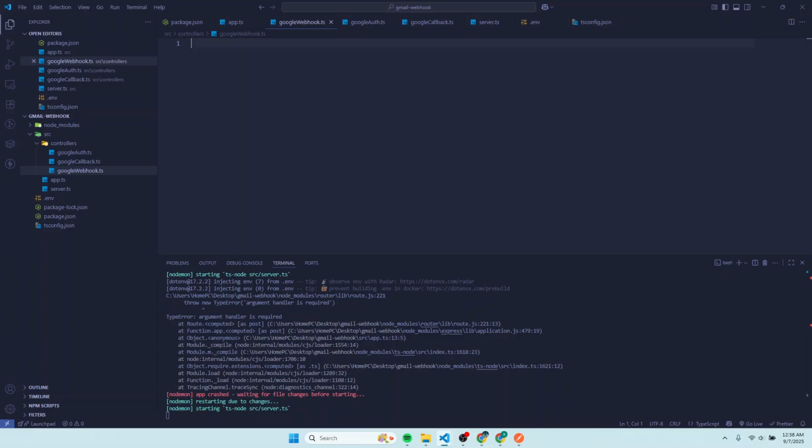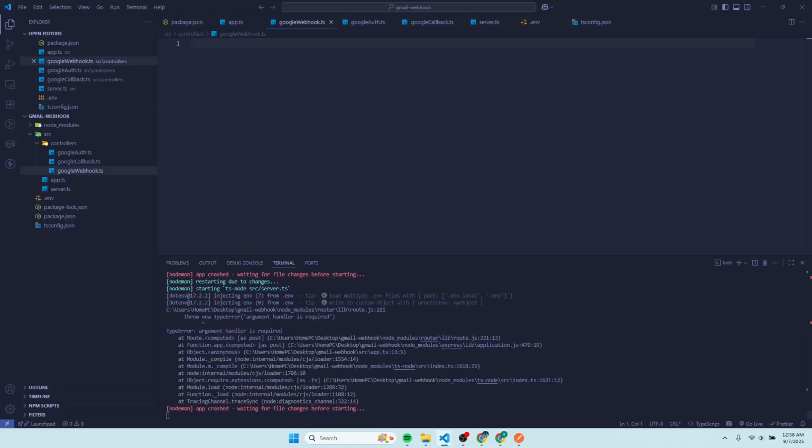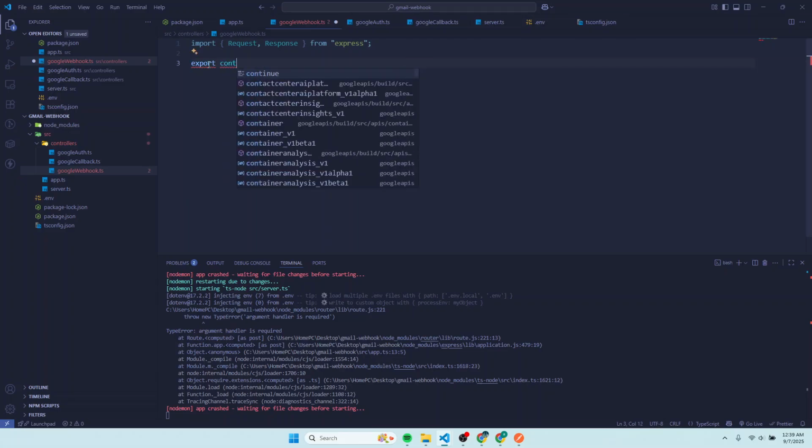So for the Google Webhook, it's just going to be a normal controller or handler. I'll just check my notes here so that we don't spend a lot of time trying to type everything from scratch. I'll import my types here from Express. Then I'll also create a function here. Of course, I'll export this function because we need to pass it in the route. So export const